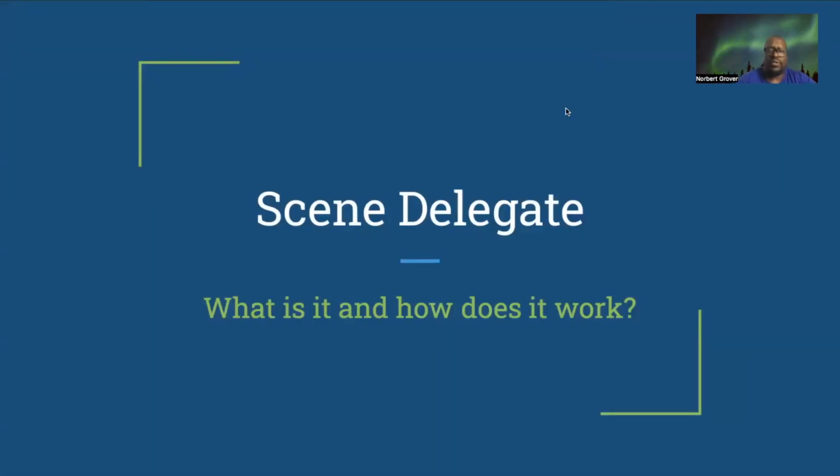Okay, we're going to talk about Scene Delegate functionality and how it works in SwiftUI. Now, this is gonna disappoint some people, but Scene Delegate functionality doesn't really work the same in SwiftUI as it does when you use Swift with UI Kit. So what does Scene Delegate make possible? It makes it possible for you to manage multiple views. Sometimes you might have to use multiple views simultaneously or in tandem, but it also helps manage lifecycle,